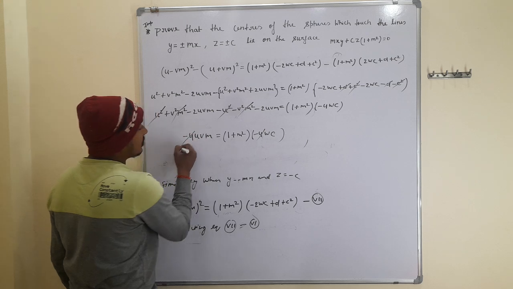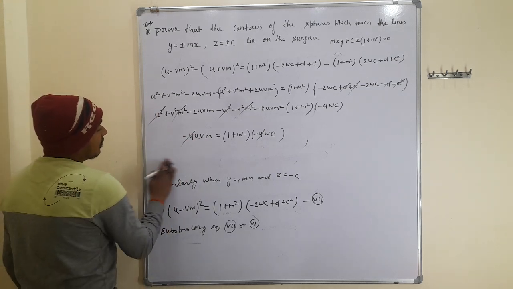From here minus 4 and minus 4 cancel out, then the remaining is